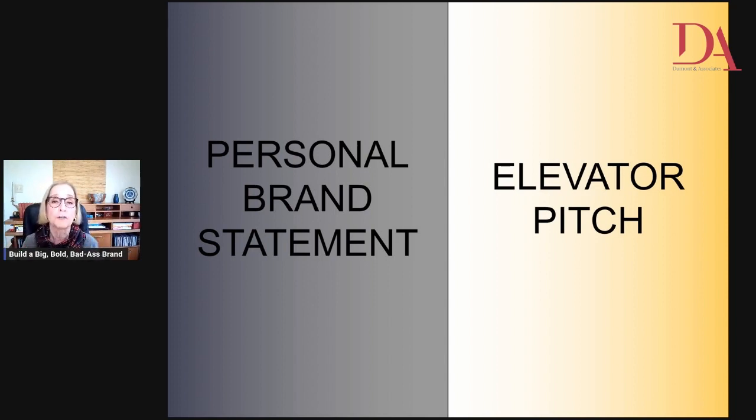the explanation of who you are, the introduction as to who you are and your qualifications, you could make that in the time it took an elevator to descend from the 10th floor to the first floor. It was your 10-second elevator pitch or 30-second or whatever it was. It was from the 10th floor to the first floor.